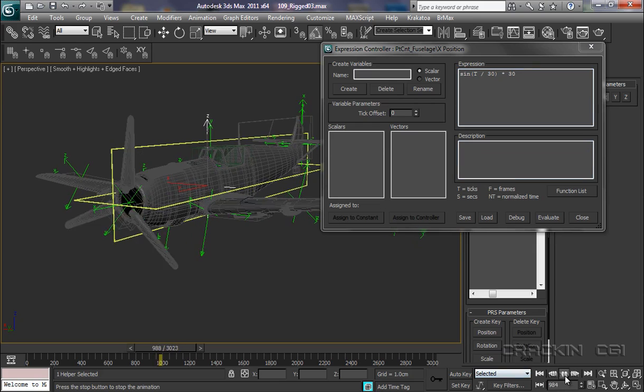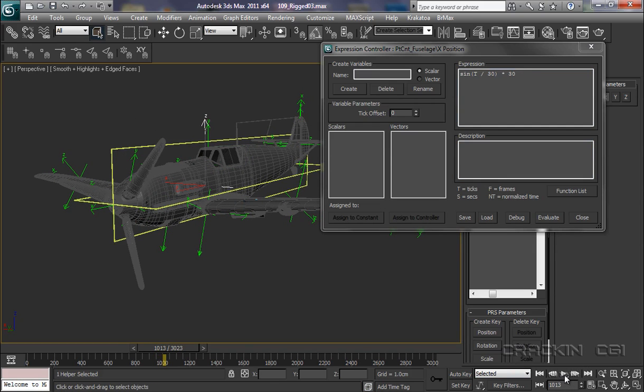Let me just switch this off for a moment. So if this is the controlling part of this expression, what I really need there is a variable. Now we do have that option to create a variable, and here we go. So what I want to do is start creating a variable. We can call our variable drift, H for horizontal, or I could just call it DH. Let's create that,